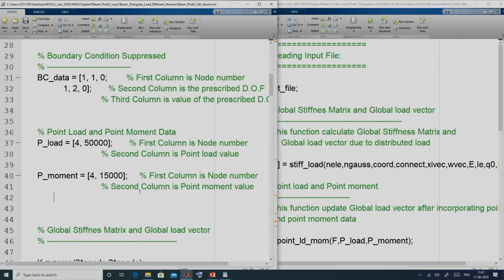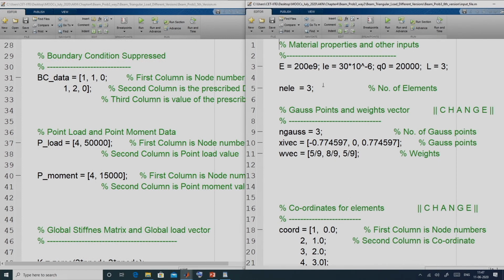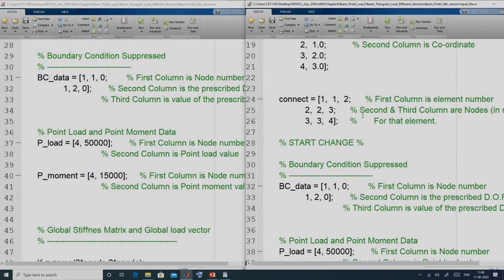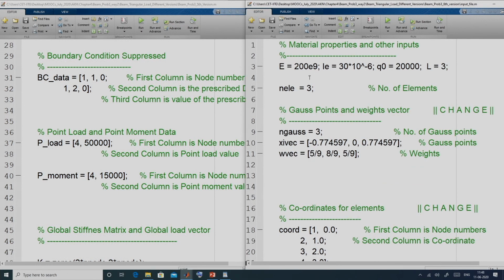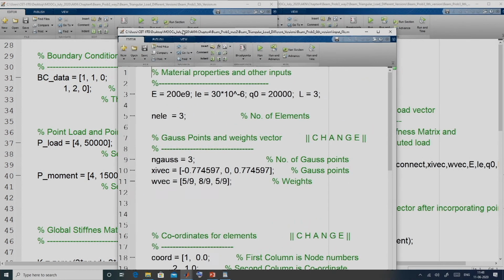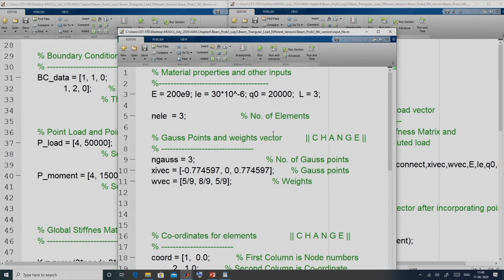So, what we did, we have written all this input data in this input file, which is also one .m file, and we directly call this input file here. This is the name of this script file, input file.m.